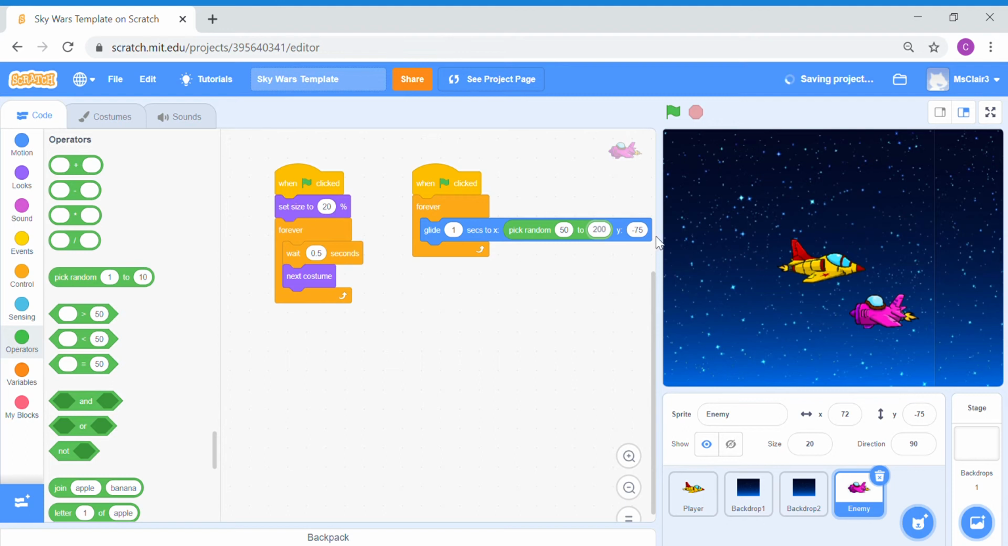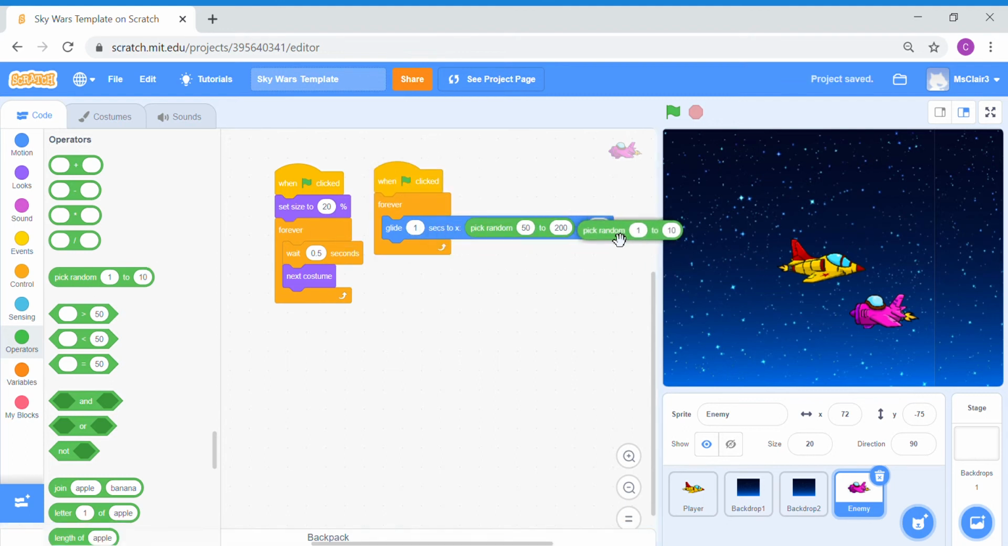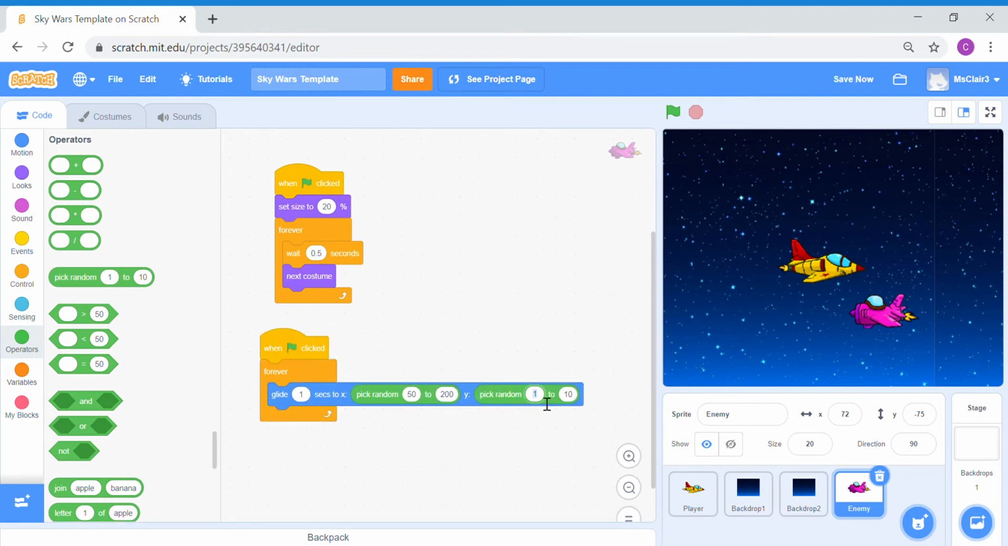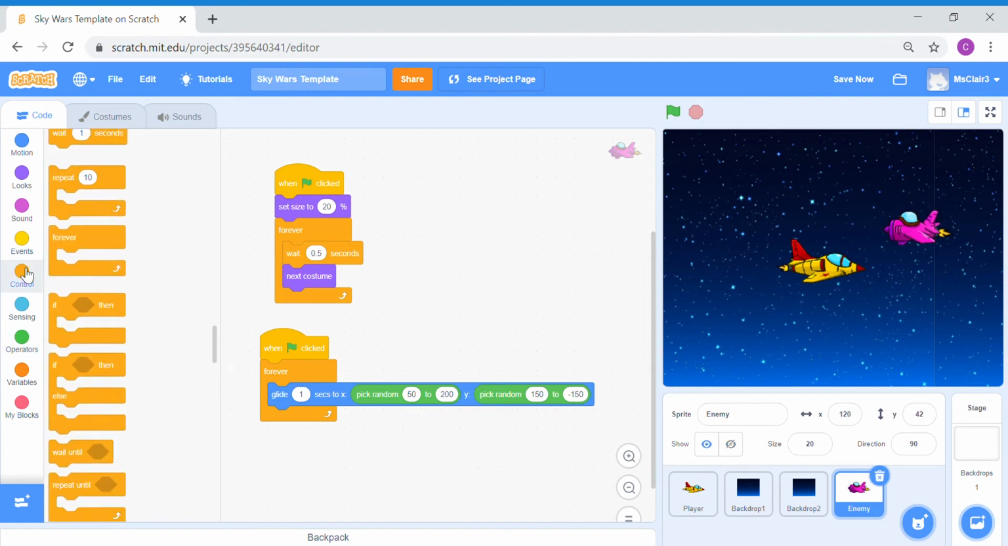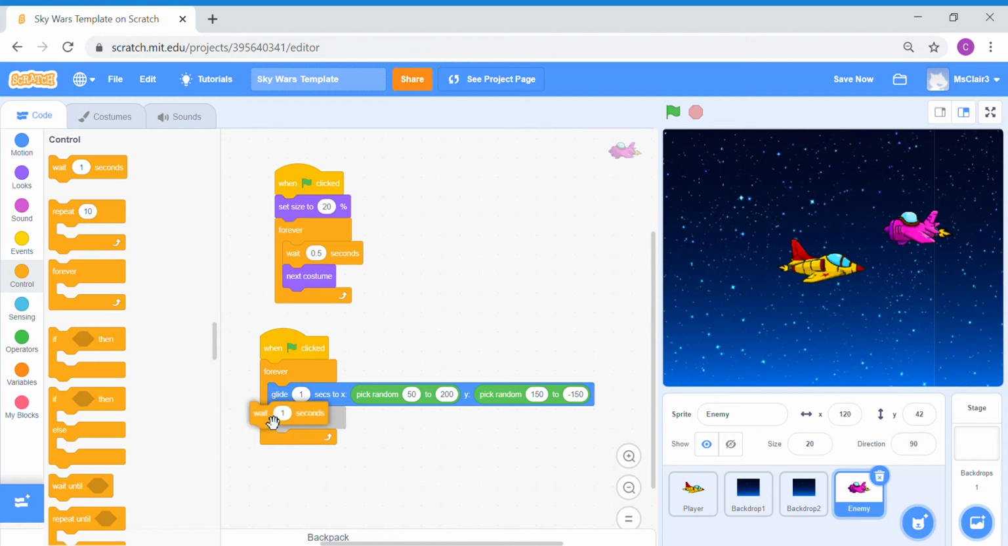on the right, as well as our Y is going to pick a random value between 150 to minus 150. The reason why is because for Y, our enemy sprite can move up and down into the positive and negative ranges. Okay, so there's a slight difference here. Once done, I'm going to give it a bit of a wait time before it moves to the next random